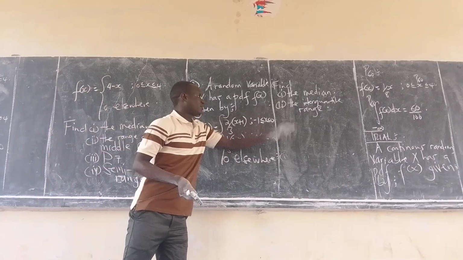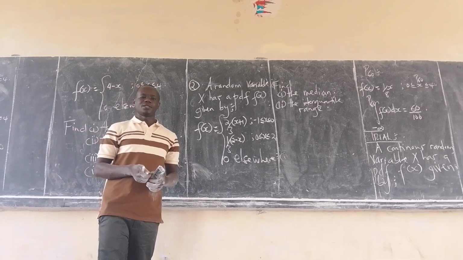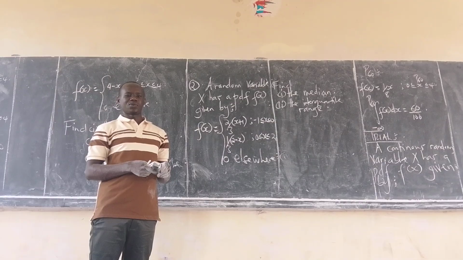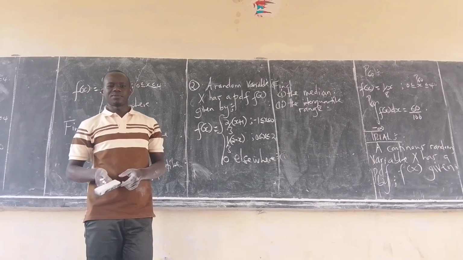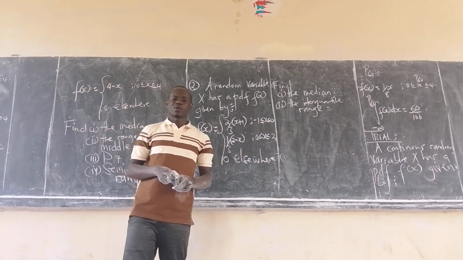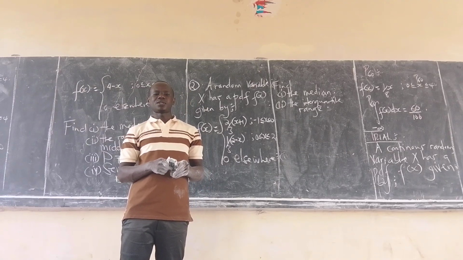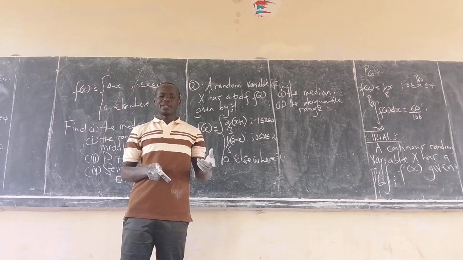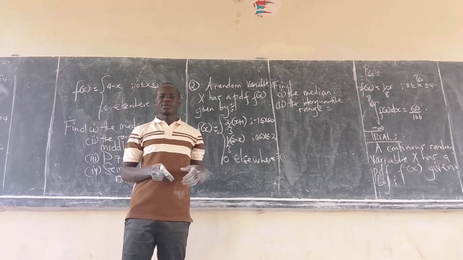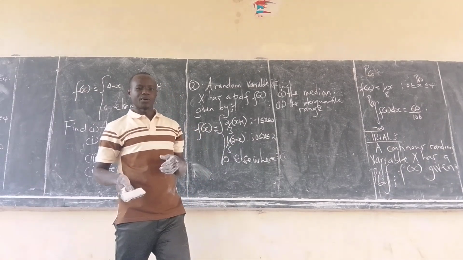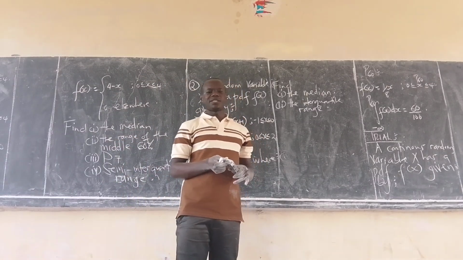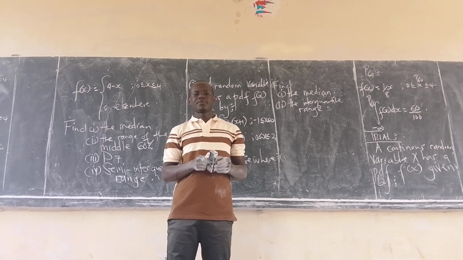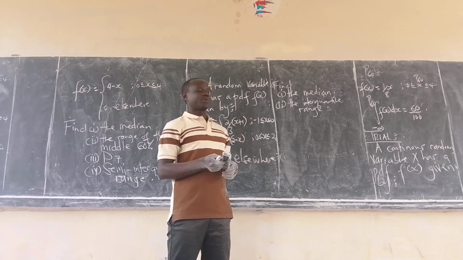So me, I am doing Roman 1, and we will use the procedures of Roman 1 to work out Roman 2. In Roman 1, you first get the lower quartile range, and then you calculate the lower quartile, get the upper quartile range, then you calculate the upper quartile, and then you substitute. Now for me in Roman 1, I'm going to get the median interval or the median range. After getting the median interval, I will go ahead